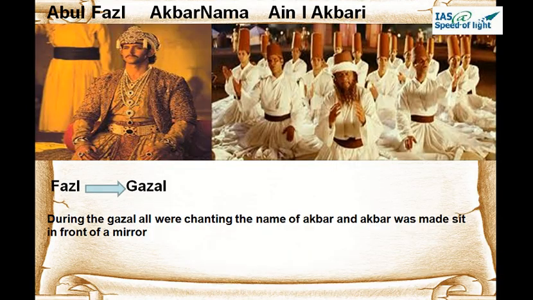Abu Fazl. Abu Fazl wrote a book, Akbar Nama. And Akbar Nama was in three volumes, and the third volume is Aine Akbari. So Abu Fazl, our picture for Fazl, it would be Ghazal. Okay? Fazl is Ghazal. Ghazal is a form of singing, we know that. So Fazl is Ghazal. And during Ghazal, all were chanting the name of Akbar, and Akbar was made to sit in